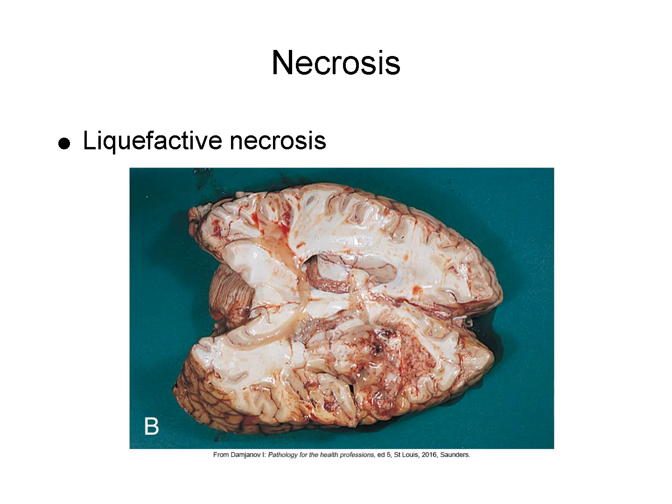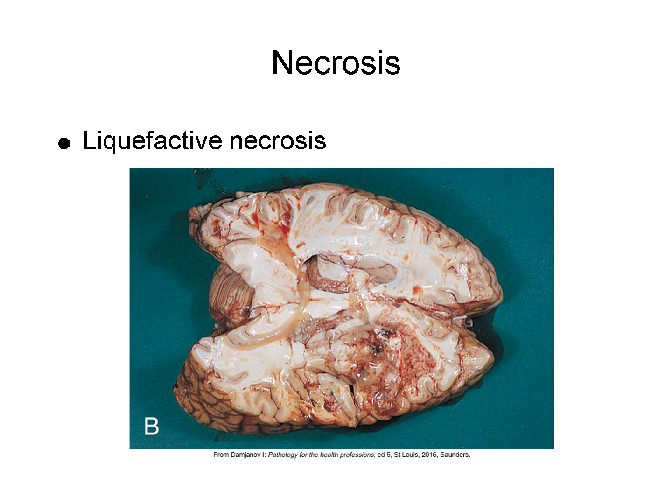This image demonstrates liquefactive necrosis in brain tissue. You can see how the normally firm structure has broken down into a soft, liquefied mass. The loss of cellular architecture is a hallmark of liquefactive necrosis, often associated with bacterial infections or severe ischemic injury